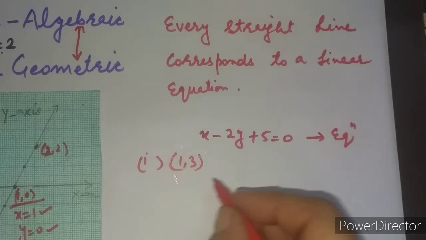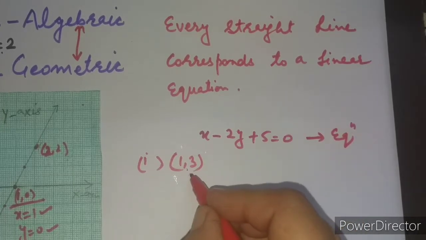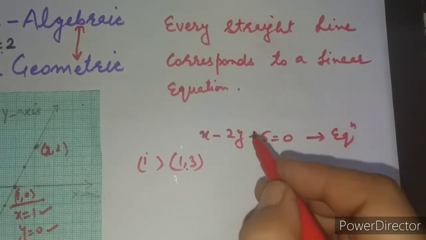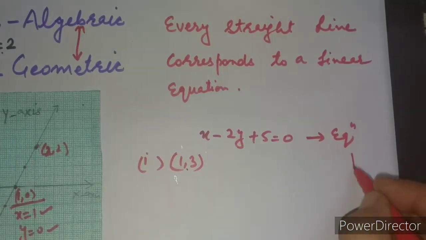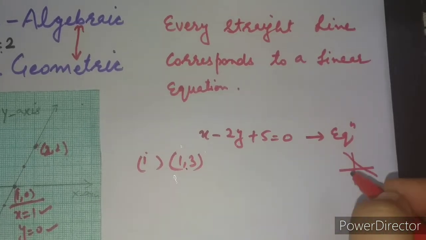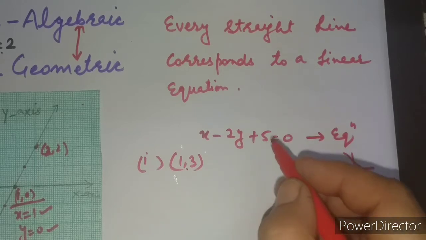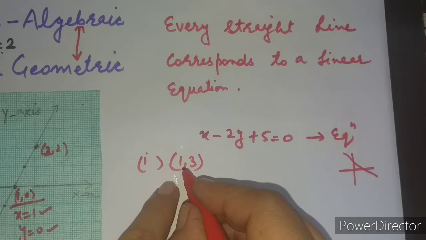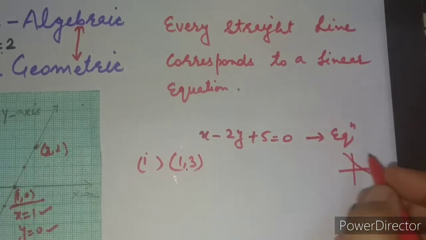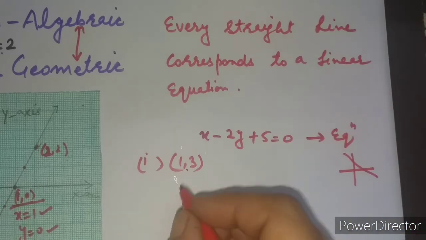Okay. What I am going to do? I am going to check whether this point lies on this line or not. Which line? This line. And when I draw the graph, the equation may come up like this also, any kind of straight line we will get on the graph paper. Okay. Now I want to check whether this point (1, 3) lies on this straight line or not. Very easy way.